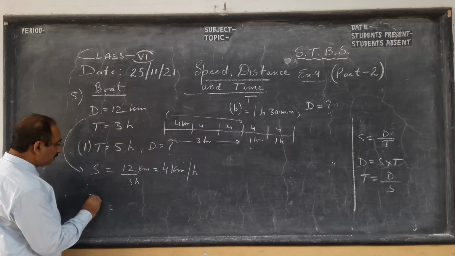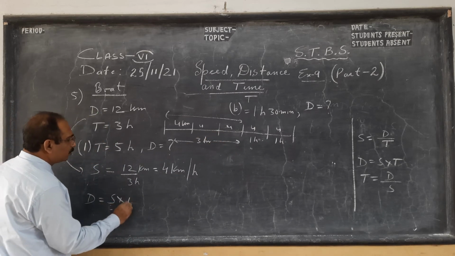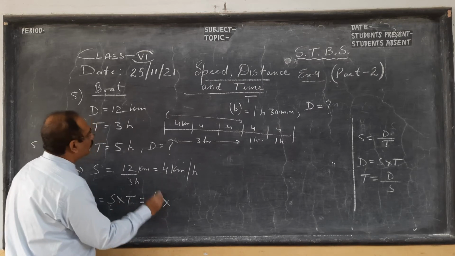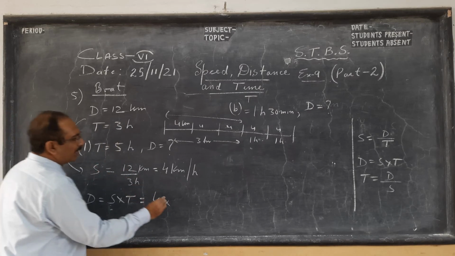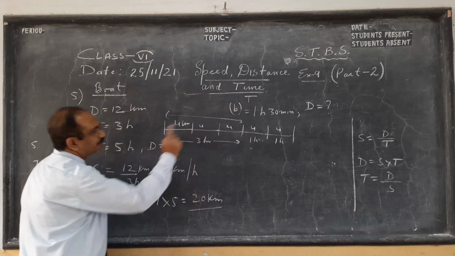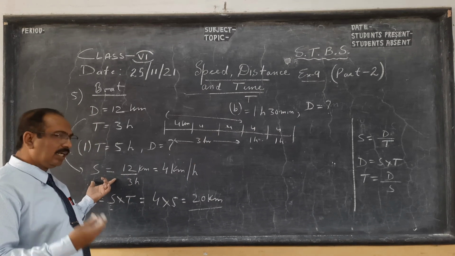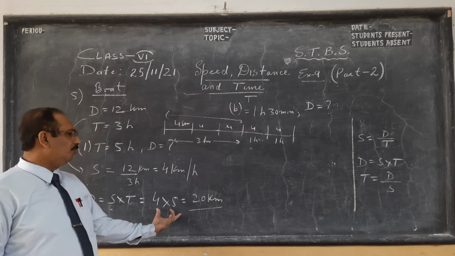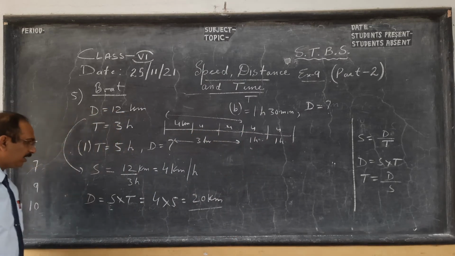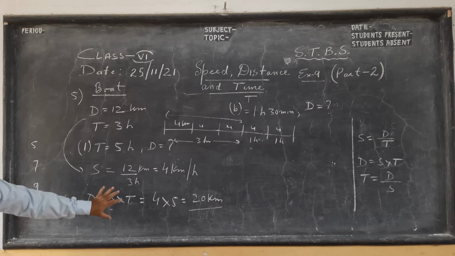So here how will we do it, children? First we use speed is distance by time. Second formula, distance is speed into time. What is speed? Distance traveled in 1 hour. So it goes 4 kilometers. The boat has to travel how many hours? 5 hours. So it will go 20 kilometers, children. So I have explained this with logic. 12 kilometers in 3 hours, we got the distance for 1 hour, that is speed, children. And in 5 hours, it will go 5 times more. 4, 4, 4, 4, 4. 4 5s are 20. So 20 kilometers the boat will travel. So in an exam, first find the speed and then speed into time gives you distance.